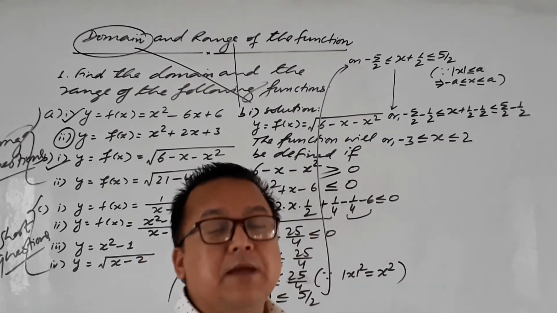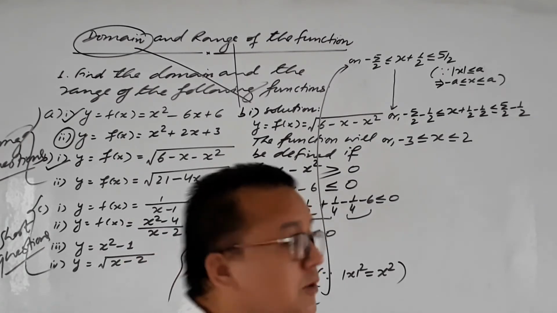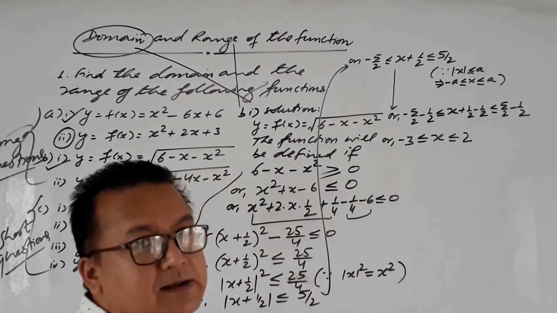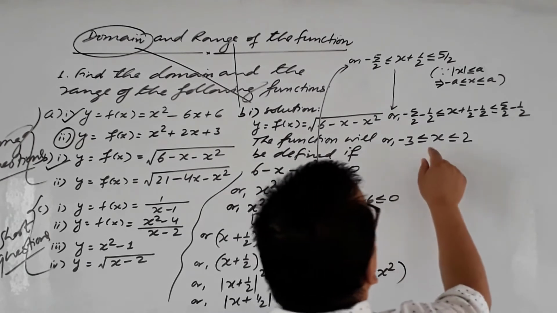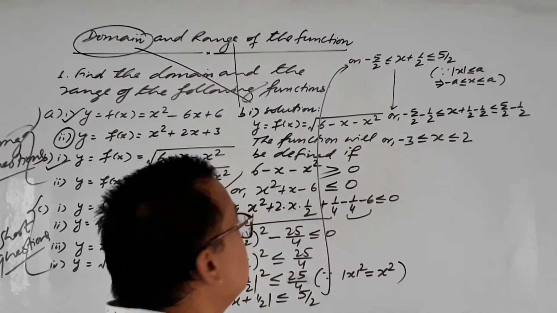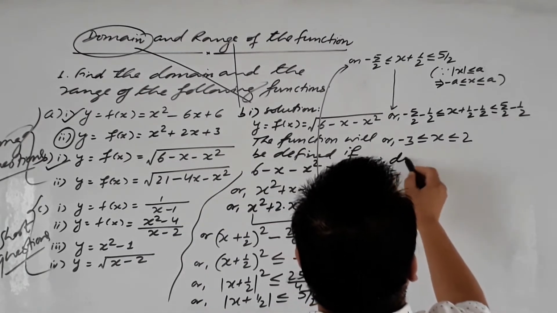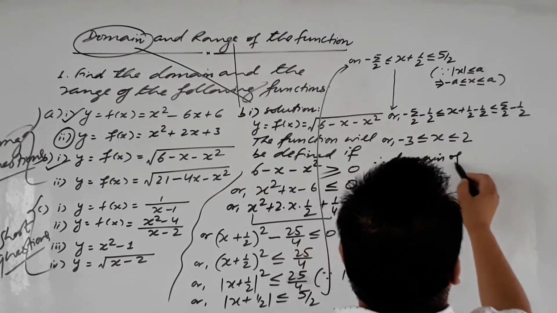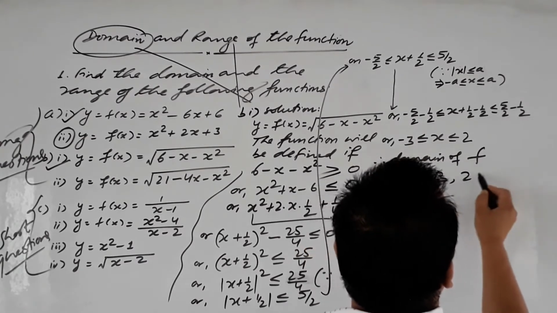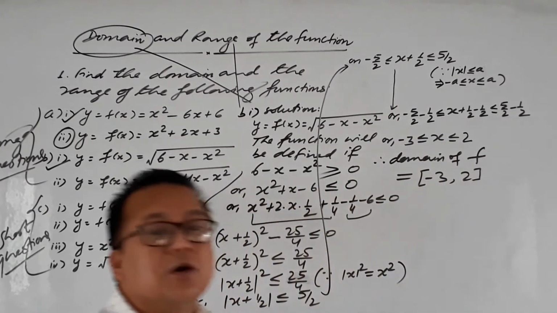So we can take any values of x between minus 3 and 2 including minus 3 and 2, right, for the function to be defined, right? So this will be the set of the values of x that will make the function defined, right? So that will be the domain only. So therefore domain of function equals to, so it is the interval minus 3 to 2. This is the case of the closed interval. This is called a closed interval.